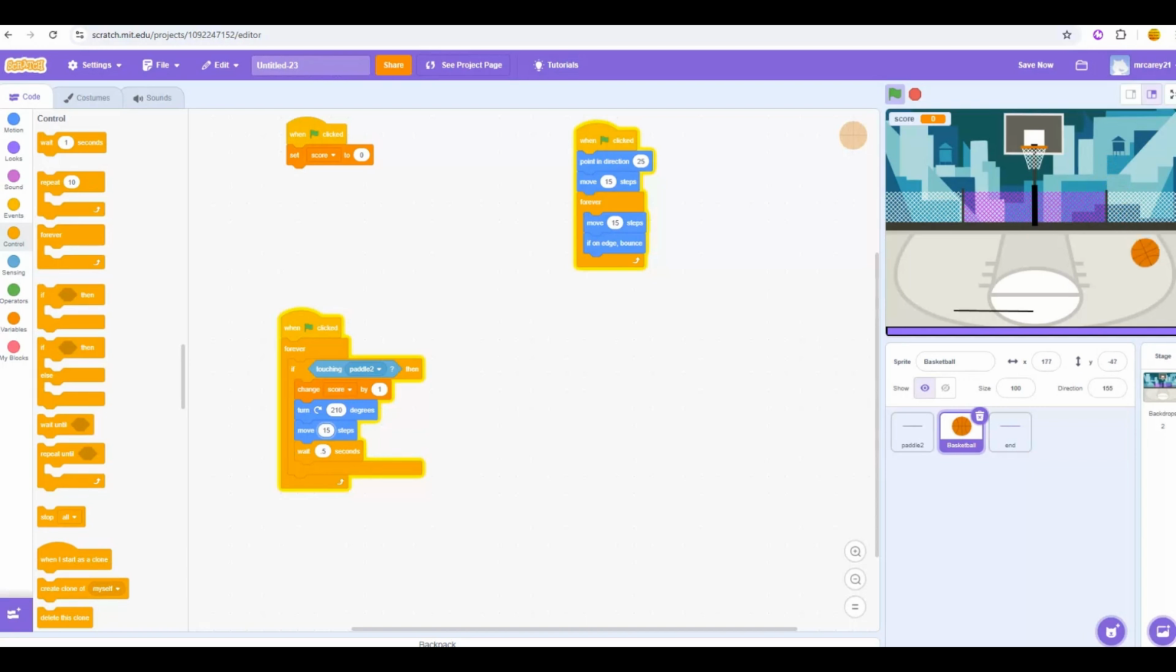Now, there you go, look. So it's moving now, it's hitting it and it's moving. Now it's not very